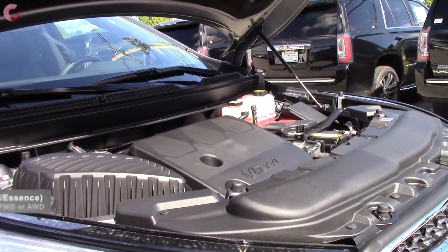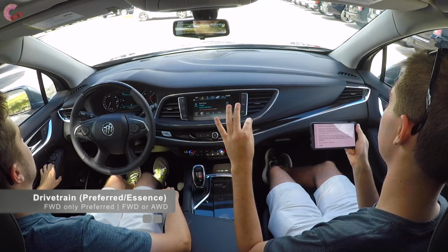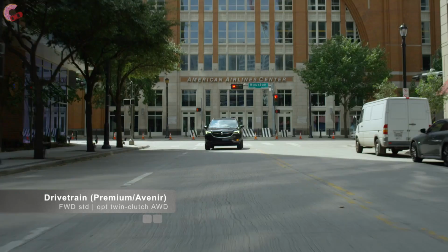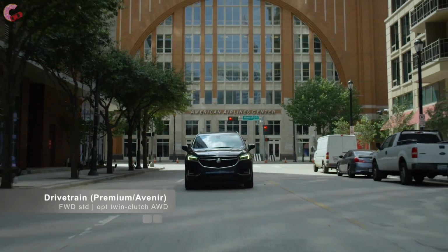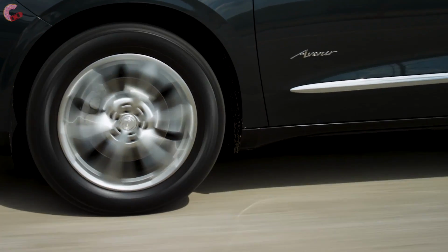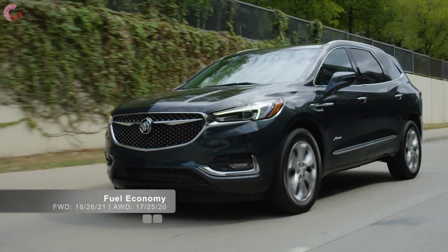The base trim is exclusively front-wheel drive, while the Essence can choose between front-wheel drive or traditional all-wheel drive. The Premium and Avenir also start with front-wheel drive, but they can option on an intelligent dual-clutch all-wheel drive system shared with Cadillac. Fuel economy doesn't change for 2019, so they come in at 18 city, 26 highway, 21 combined